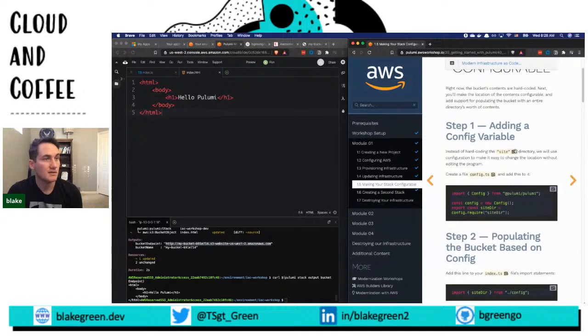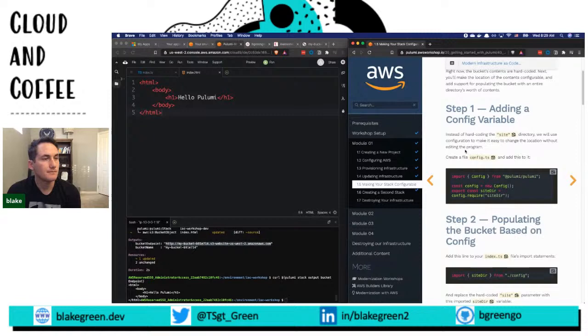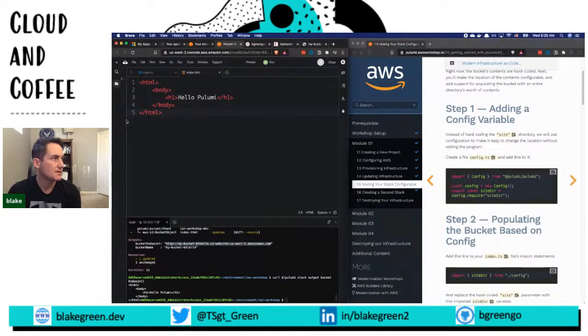Instead of hard coding the site directory, we'll use configuration to make it easy to change the location without editing the program. So create a file config.ts and add this to it. Interesting. Okay, so let's